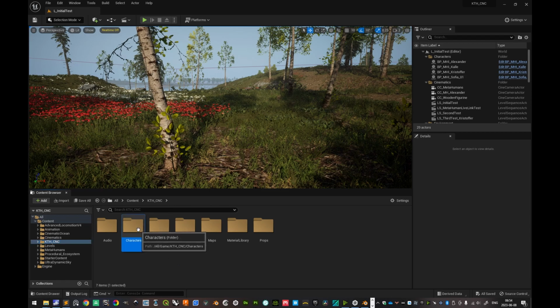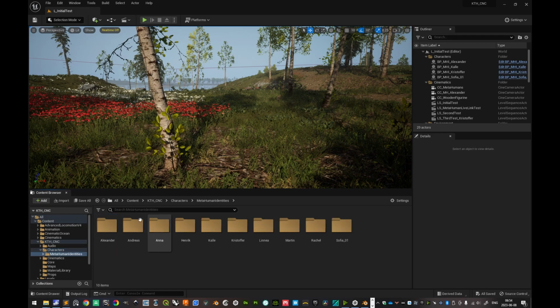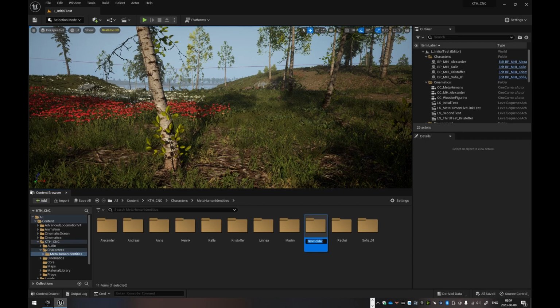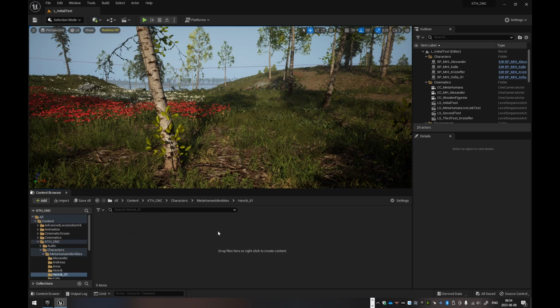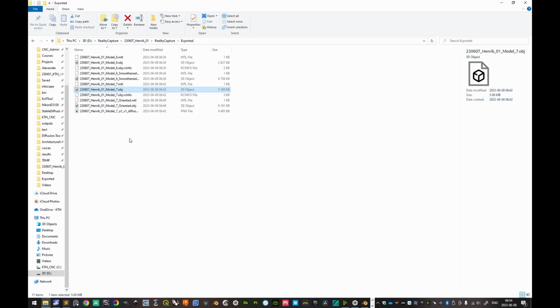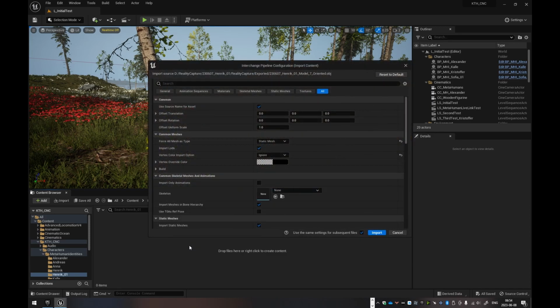mesh and the texture. So we go to characters here, and we have a folder here called MetaHuman identities, which we thought were good here. And then we'll do a new folder specifying the subjects. And then we'll go into that folder, and then we can actually go to the exported one here, and we see the oriented one and the texture there. Those two we can click and drag, and Alt-Tab to go here and click and drag those straight there. Now this should be